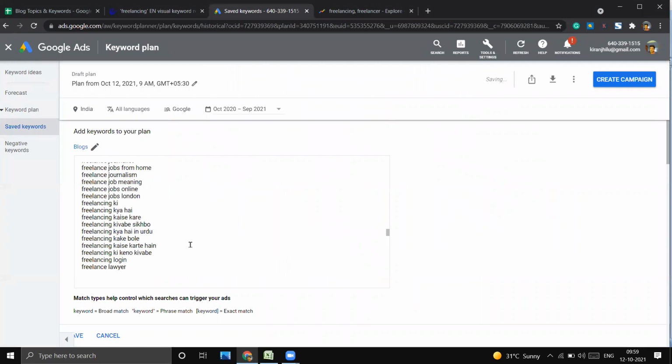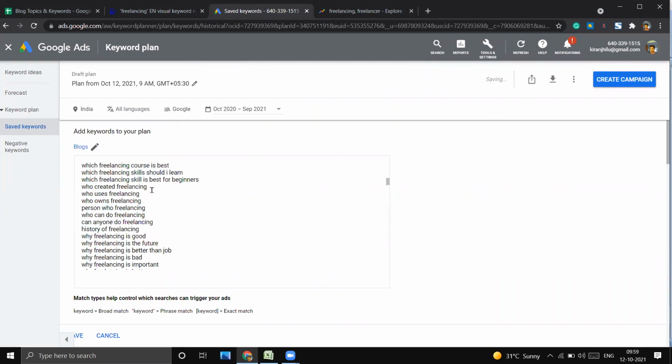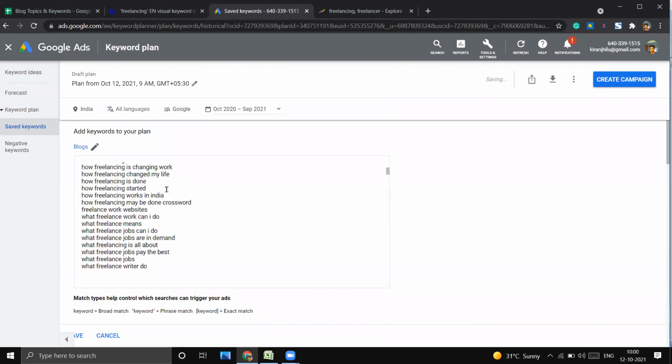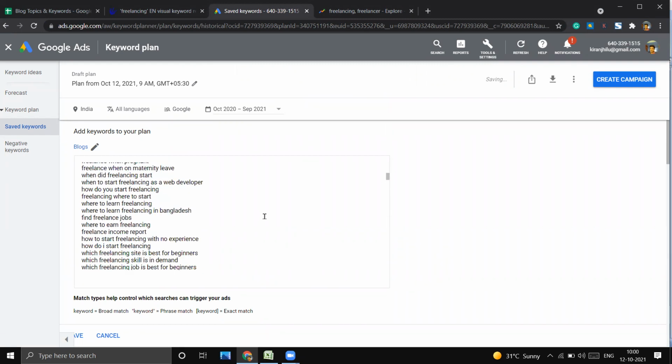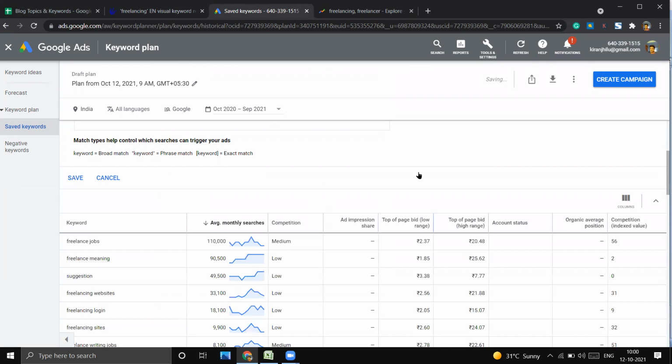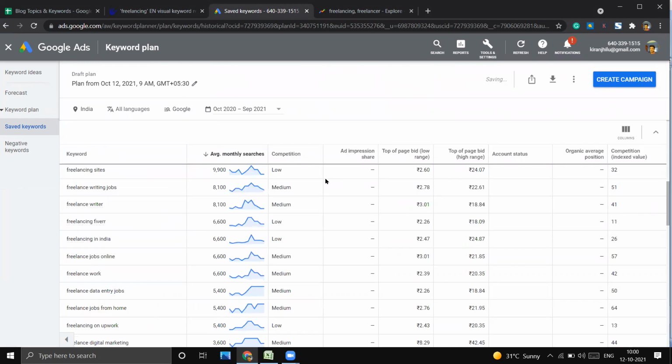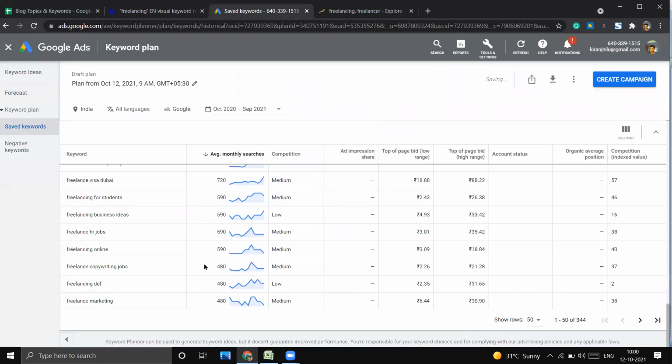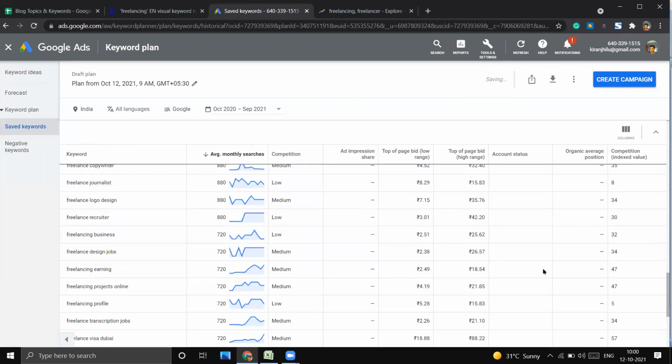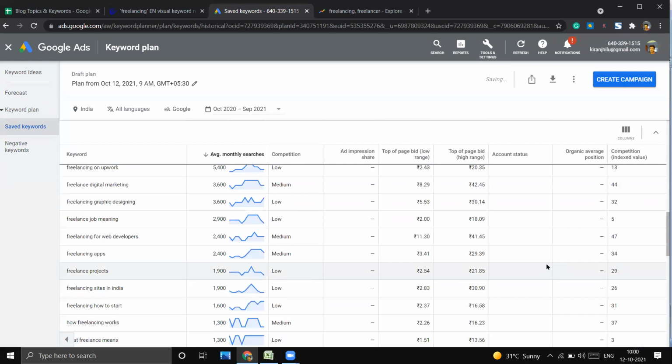Why am I here? I will look up the search volume, competition, and all the metrics that will help me decide which topics to write on and which not to write on. Here you can get the same keywords, 389. But I can see that 344 remain. Total 344 have come, but I don't know why about 50 dropped out of this list.